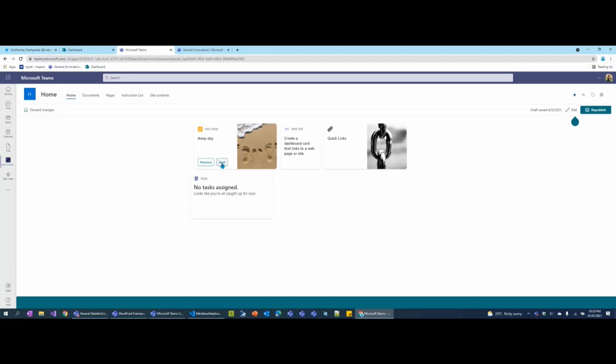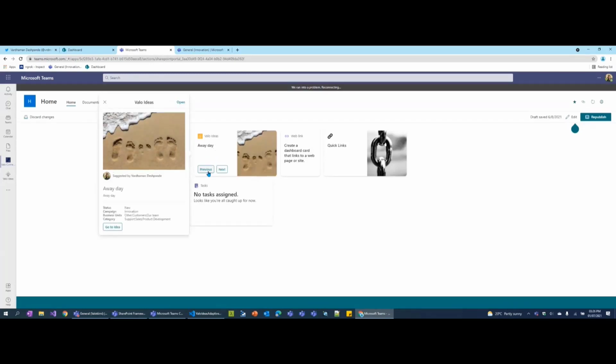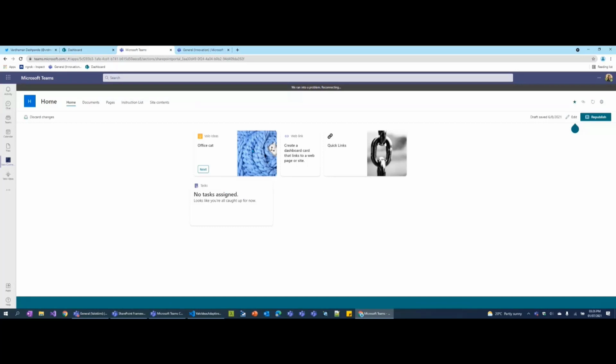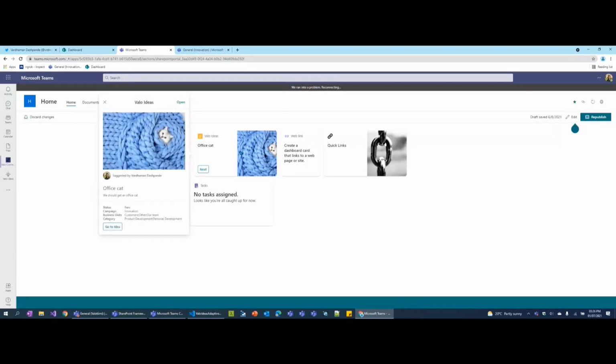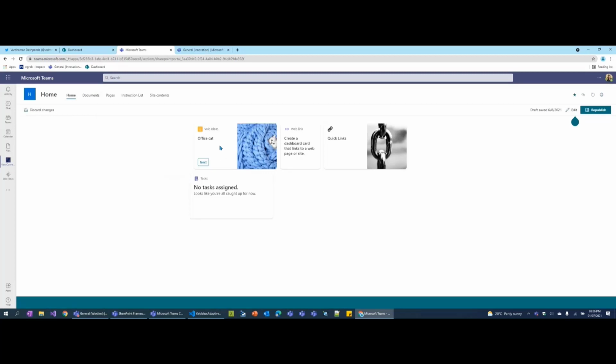You can switch the card view to show multiple items. When you click on one of the card views, you get to see a bit more detail on what you can show. Now, the card view is not super customizable.